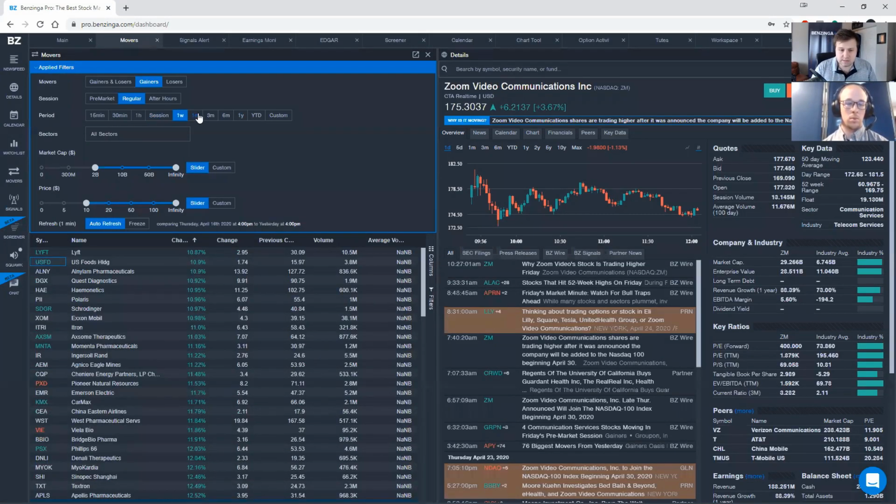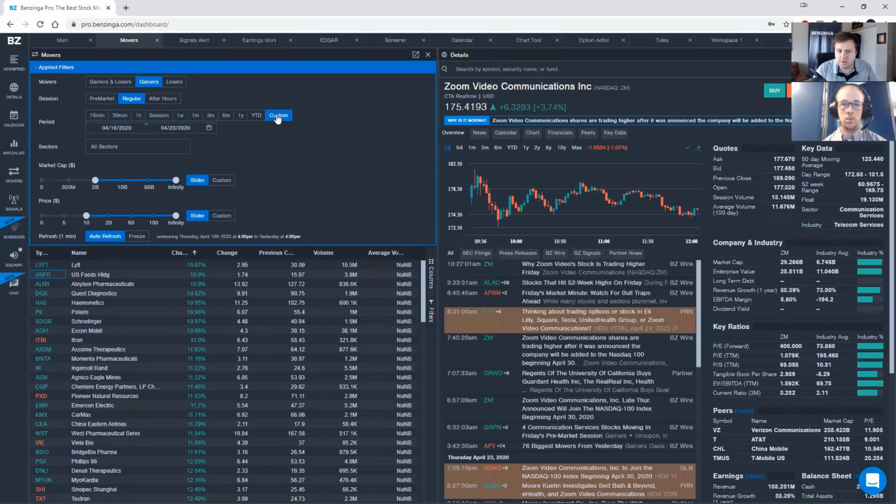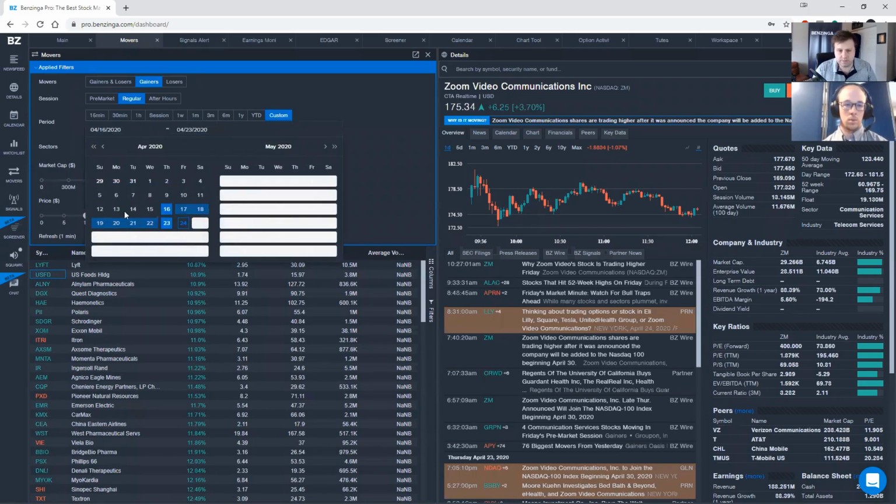And sure, we can use these. That wouldn't be bad, especially for momentum. I guess 1 week would really not be bad. We're at Friday here, so I kind of want to go back over 2 weeks. That's not one of the options, so we're going to go ahead and use custom. And when you click on custom, you can then click on the date selector beneath it, and now you can define your own range. So we're going to do Monday, April 13th,